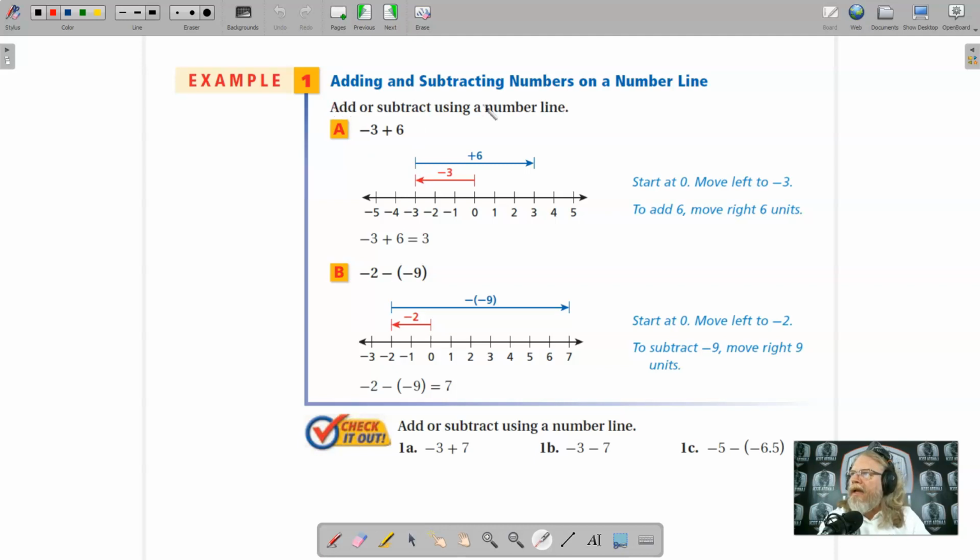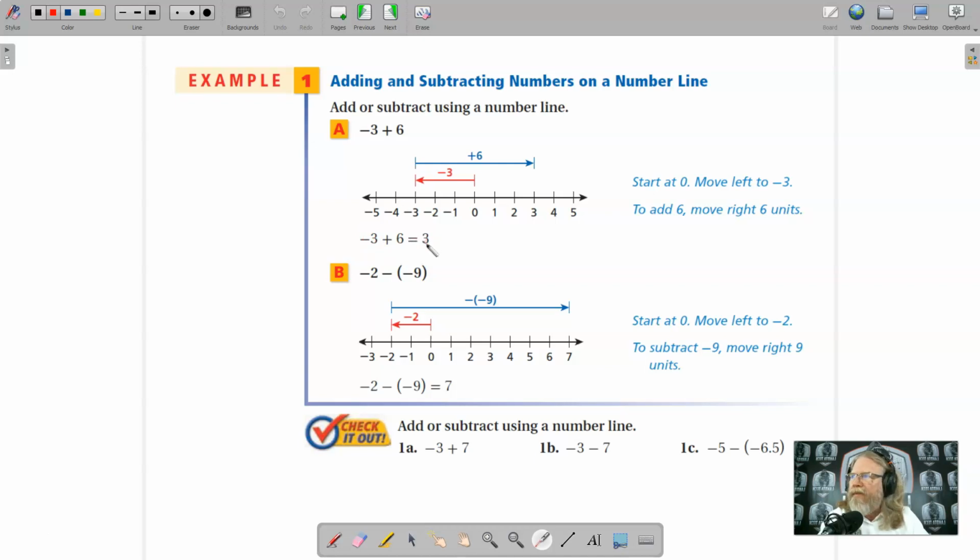Example 1, adding and subtracting numbers on a number line. It says to add or subtract using a number line. So example A is -3 plus 6. So let's go from 0 and find -3, and that's 3 units to the left of 0. So we are adding a positive number, so we're going to move to the right on the number line. You see that with this blue line here. Moving 6 places to the right, we would land at a +3. So we see that -3 plus 6 equals +3. So if we start at -3, add a positive number and move right 6 places, we would land at 3